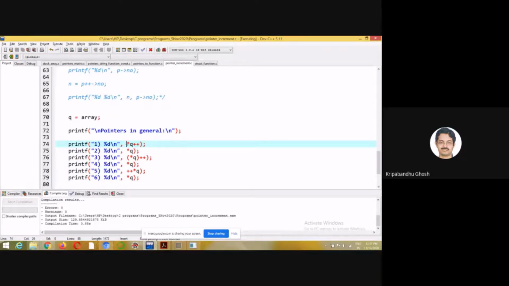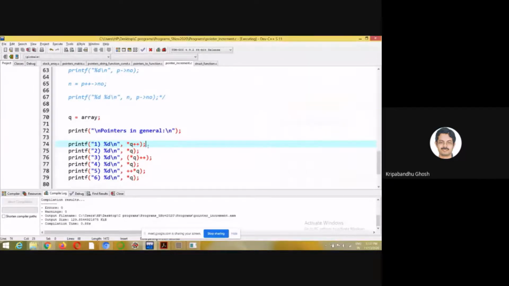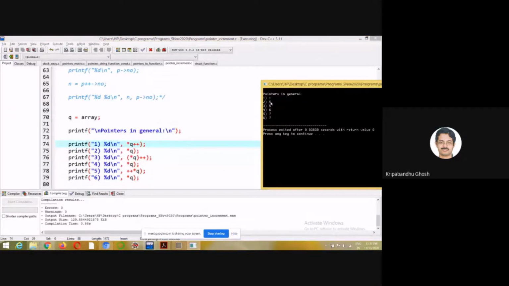So it prints star q. So star q is what? It is basically array 0, right? It prints 1, and then the pointer gets incremented to the next position. So if you see 2, it is printing 5, right? Why? Because it is the next element of the array. So it prints star q, and then it is doing q plus plus. My original intention was to increment this 1 to 2. That did not happen. 1 got printed and the pointer moved from 1 to 5. That's the next element of the array, and that is getting printed.